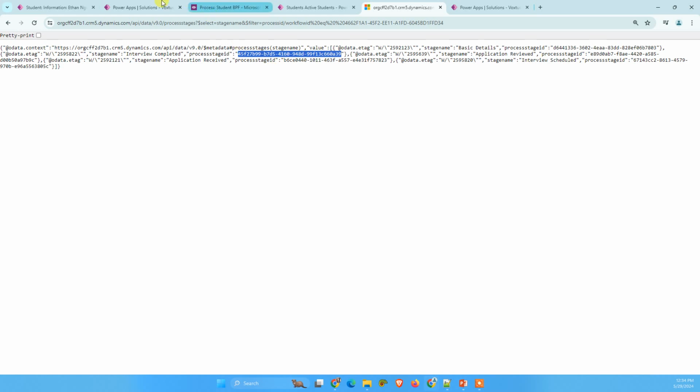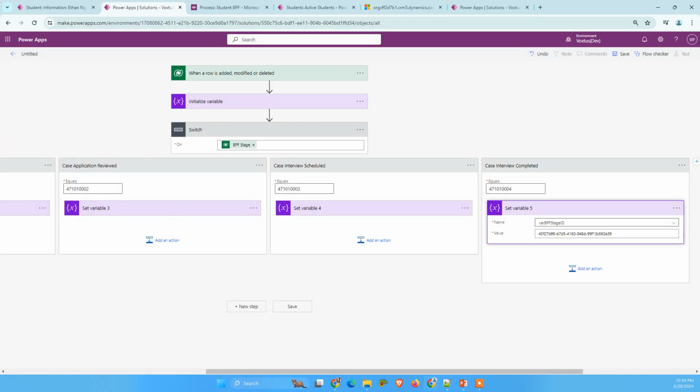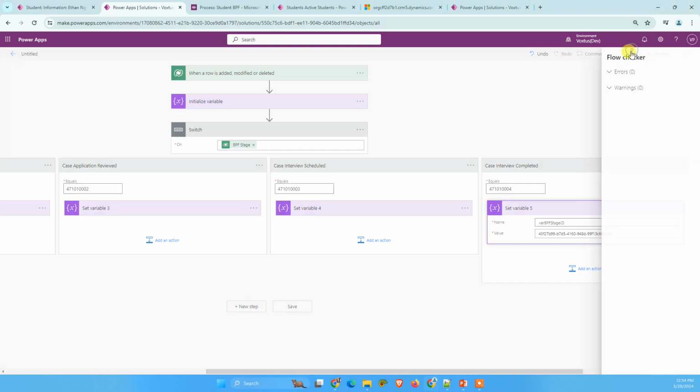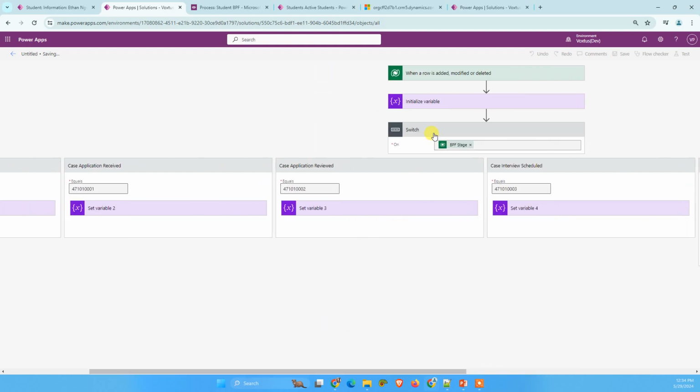Here is the ID. I'm copying the ID, and now okay, so we have copied the ID from here. Now I'm going to save my flow. I'll test it. Okay, now what we need to do,